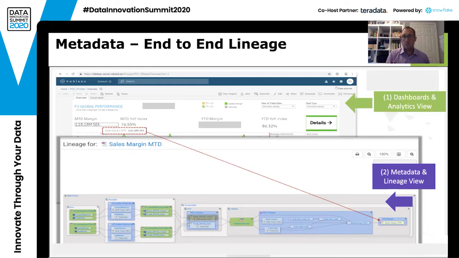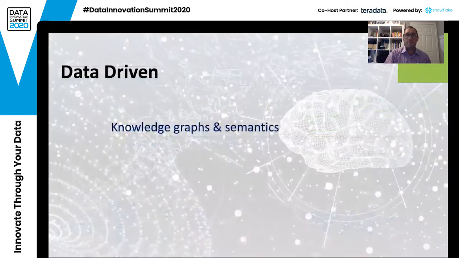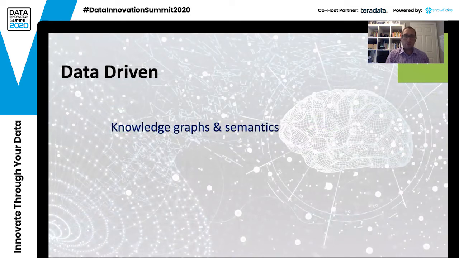So you need to really have a strong metadata management capability to understand who is changing the data, who is owning the data, how are they referencing the data, how are they communicating that across that data, from the start to the end. And that's essentially why lineage is so important, to understand the pathway from ingestion to consumption. And speaking of consumption, that's where you get the knowledge graphs and semantics, which is again so